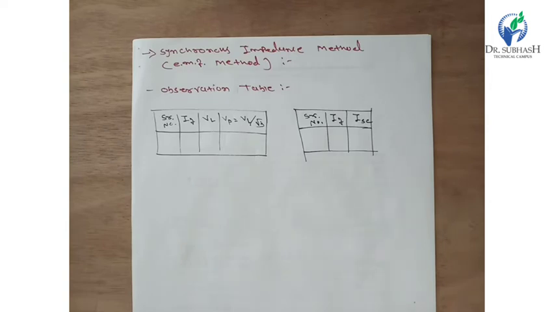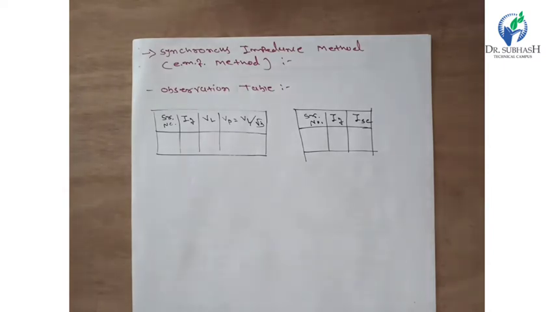In the open circuit test, the voltage across the line terminals of the stator is noted down. The excitation is increased till the voltmeter reads the rated voltage or rated current. In the short circuit test, as we also discussed in the previous video lecture, the excitation of the alternator is first reduced to 0, and then the switch is turned on so that the stator terminals are short circuited.